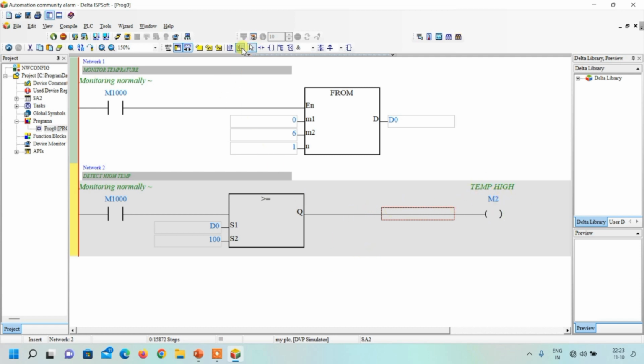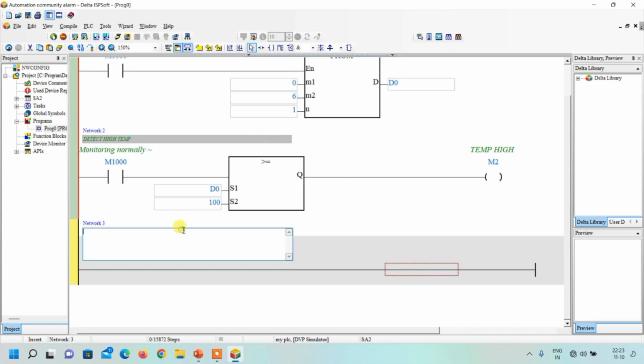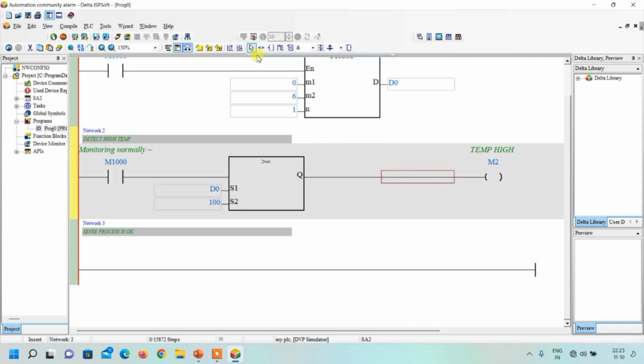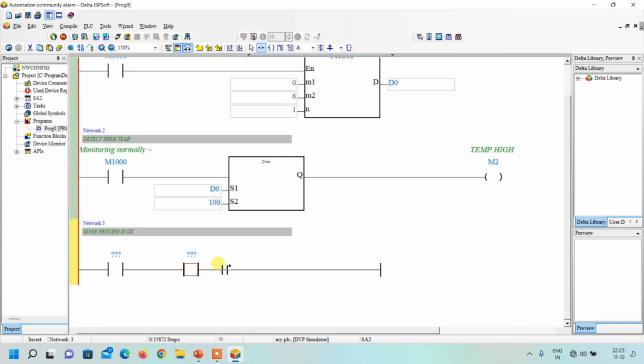Now again insert a network. Right over here, write process is okay. Now we will write one code to detect whether the process is okay or not. So for that, first of all, I will write all my sensors starting from X2 up to X7. So either I can click on this button and then in this way I can click multiple times,